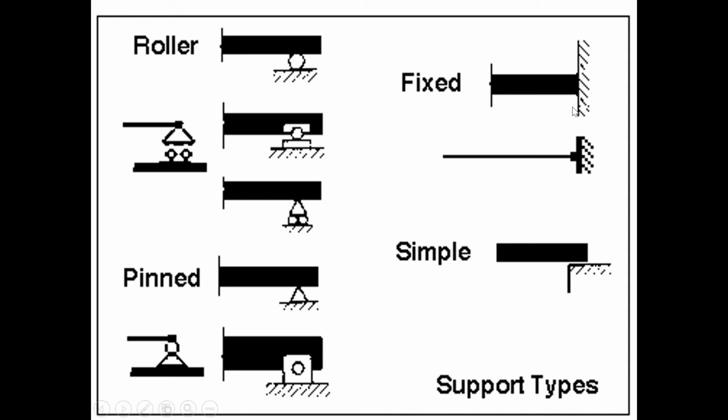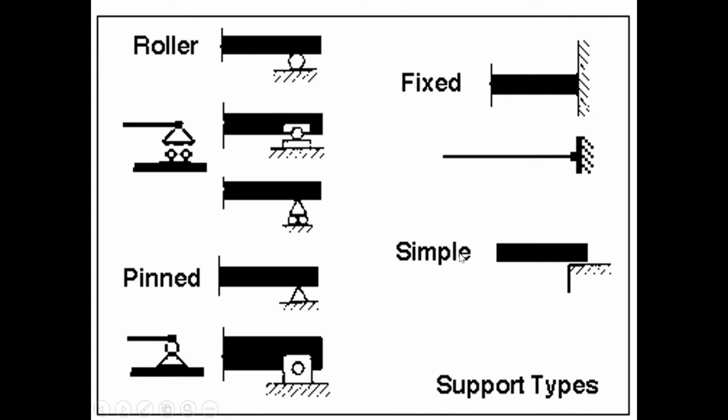Next, a fixed support. If a member is connected to the fixed support, there is no horizontal movement, there is no vertical movement, and it will resist the rotation. So hence the number of reactions in fixed support is three. The one is horizontal reaction, vertical reaction, and a moment. And also fixed ends cannot have linear and rotational movements. Supports can develop not only resisting force in any direction but also the resisting moment.